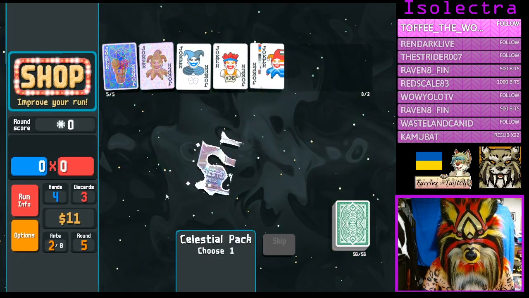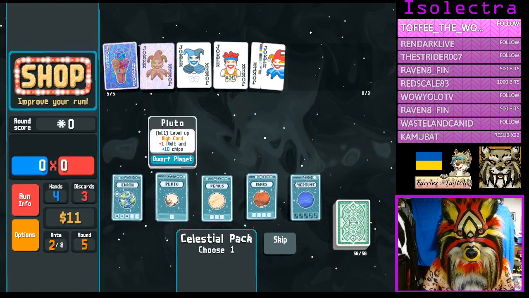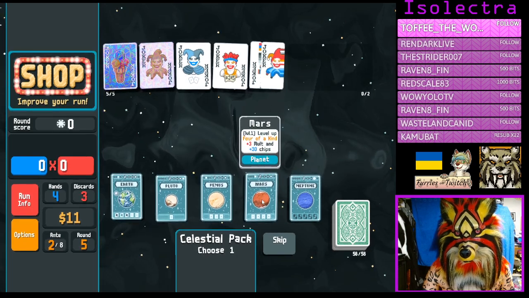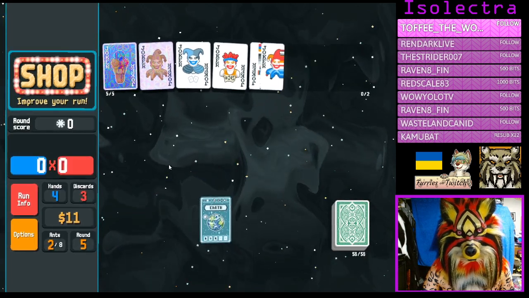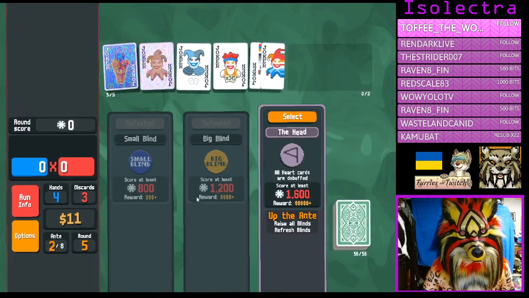And then we have full house, high card, 3 of a kind, 4 of a kind, straight flush. So let's now upgrade the full house. It's not quite as common, but it also gets multipliers faster because it's not as common. So